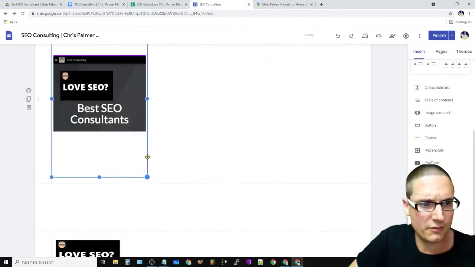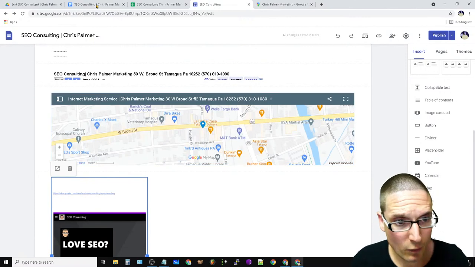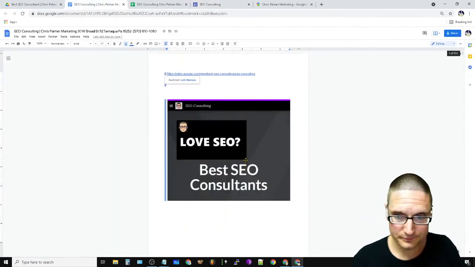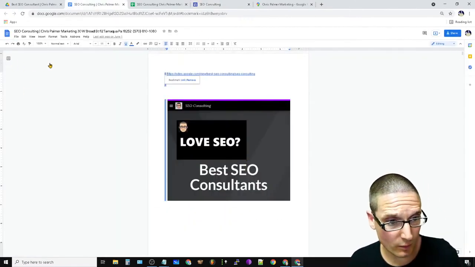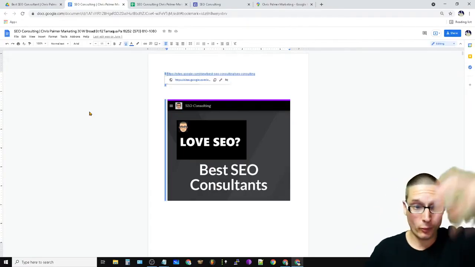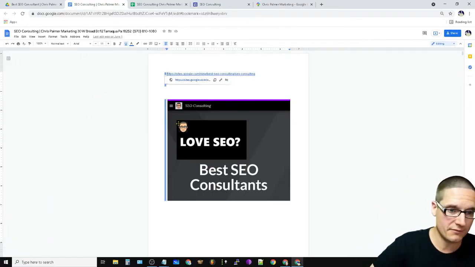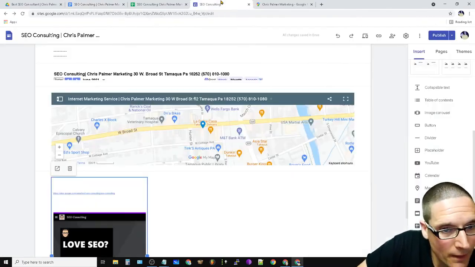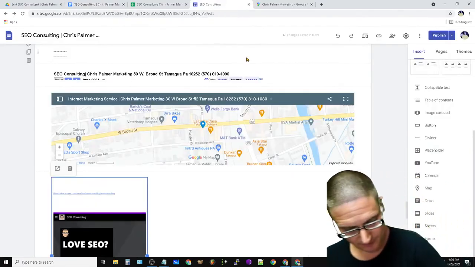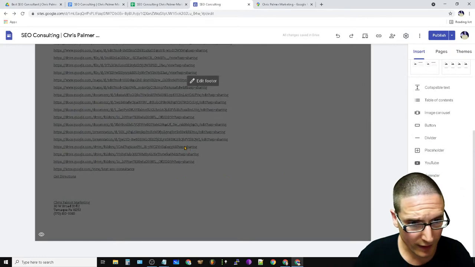Yep, so it just looks like a photo. But really what that is, is where we have all of our citations, our press release, like we stacked a whole bunch of stuff in there. All right, so we have that taken care of, the doc. Now we have this in here.